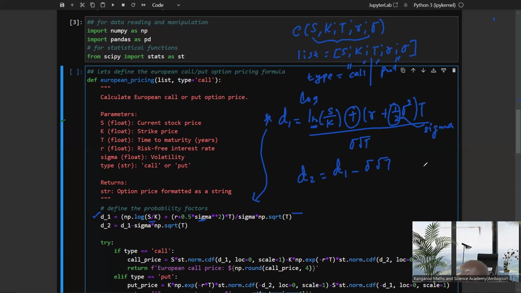Remember in Python, if we say sigma, this is for times, but if you say sigma to the power, let's say if you put 2, this will be to the power of 2. So it means this will be sigma squared by using this. So that is what I've done here. So 0.5 times sigma to the power of 2, everything times T, which is the maturity